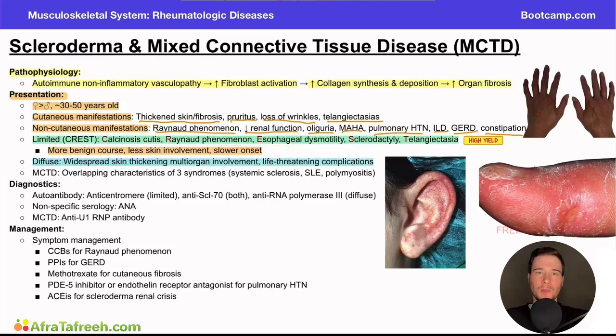So we talked about some of them, but just as a reminder, one of the big ones is going to be renal involvement. So patients can get something called a scleroderma renal crisis. And this is considered a medical emergency. This is very, very serious. And so the key here is that